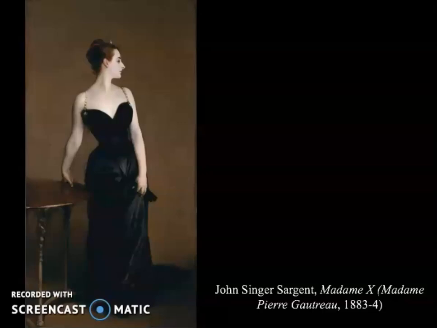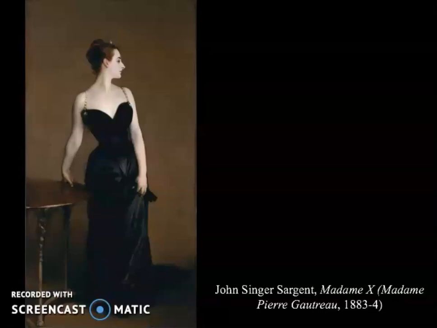John Singer Sargent is also a very famous American. You've probably seen his work before. He's a very famous portrait painter of this time, and he gains a lot of international fame for the painting of portraits. So in this portrait, for example, he paints this woman here, Madame Gautreau, who he asked to paint